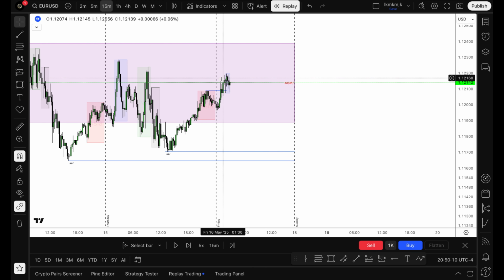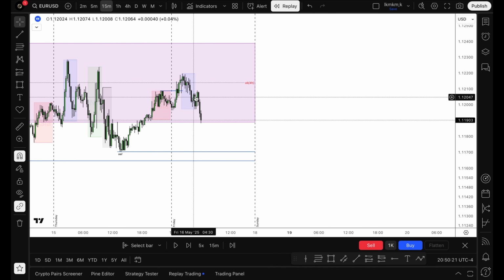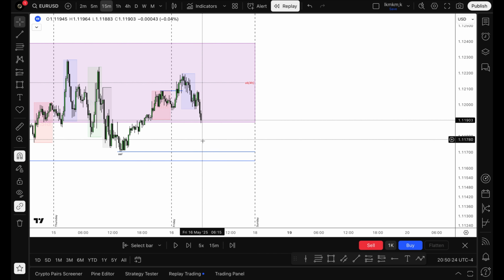Above that session high, we should form a reversal and then move to the downside, which we get a displacement to the downside, and then we would look for our sell positions